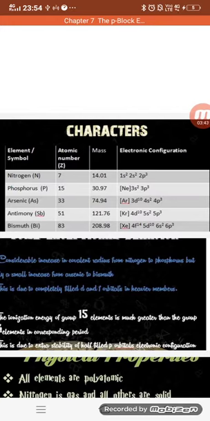However, the bond dissociation energy of the bismuth-hydrogen bond will be much lesser, as a result of which, if we compare the reducing strength or reducing ability of the hydrides, then bismuth hydride will be the best reducing agent among all in the group. Why? Because the bond dissociation energy of bismuth bonded with hydrogen is much lesser as compared with the smaller atoms of group 15 elements bonded with hydrogen.